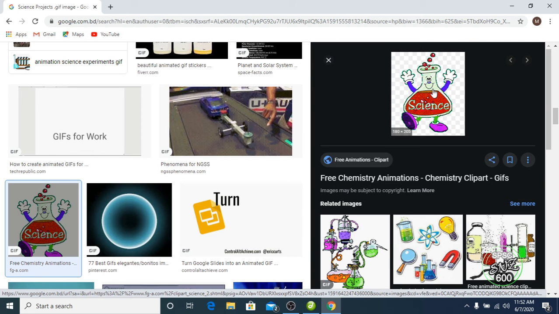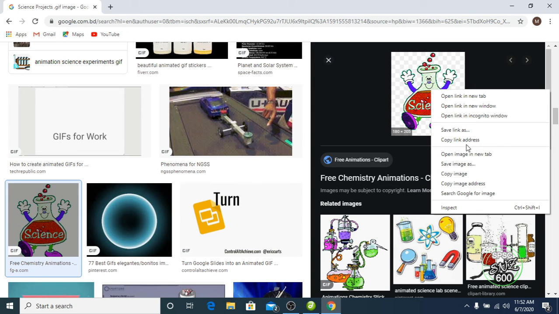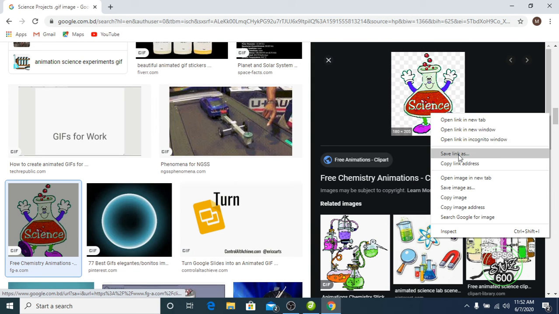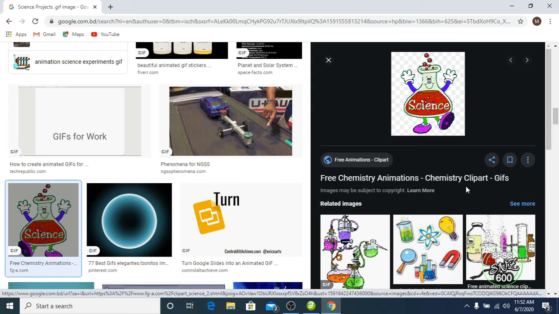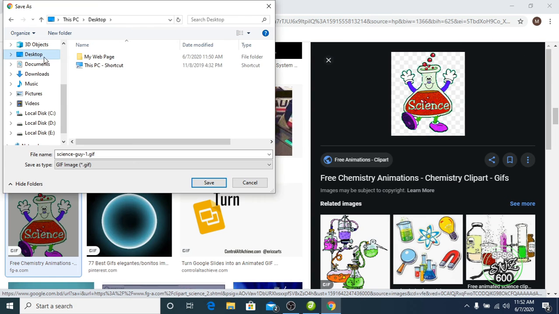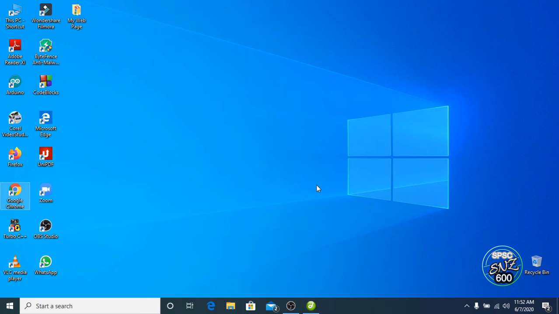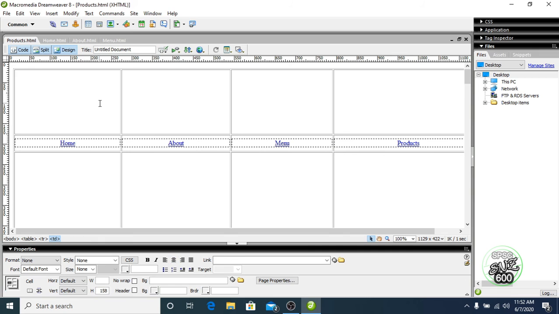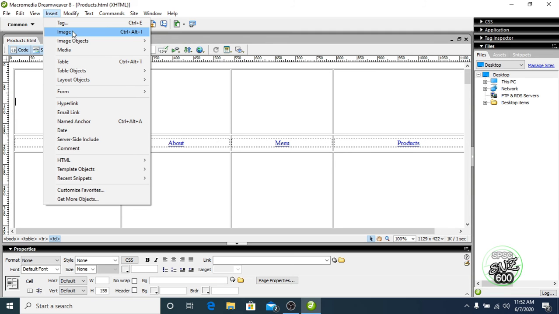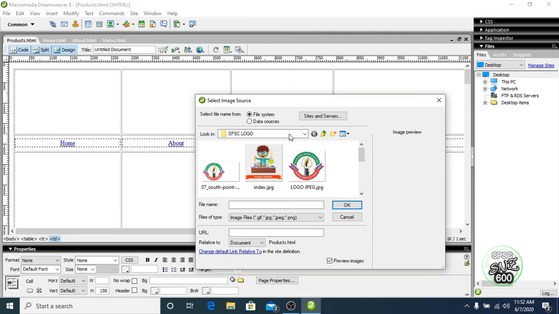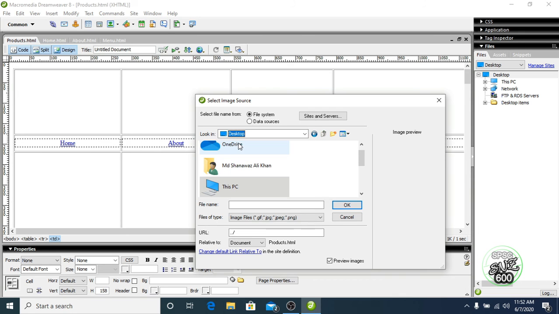So copy the image from here, or save the image in your desktop, in my web page folder. Save the file, close it, go to your file and bring the file here, insert image, your folder, my web page.